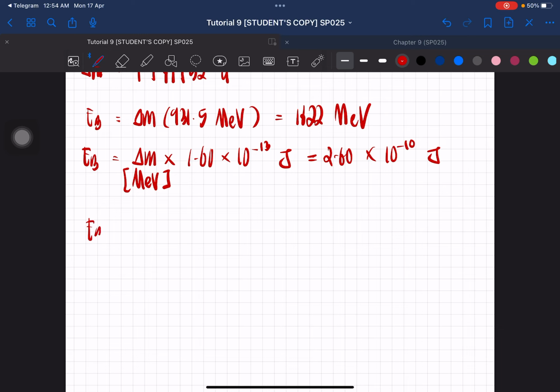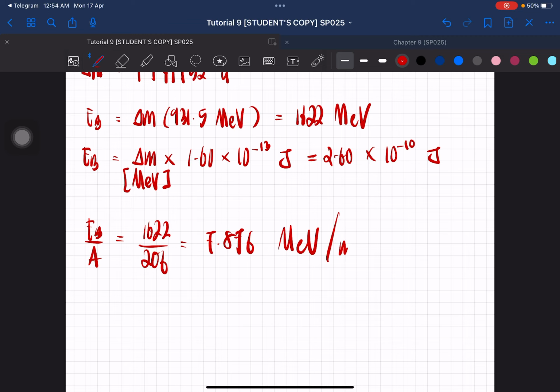Lastly, for the binding energy per nucleon, it's just going to be 1622 divided by A, which is 206, and you will get 7.876 mega electron volt per nucleon. Okay, so